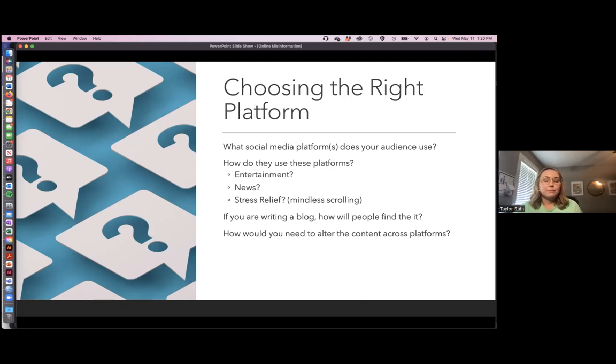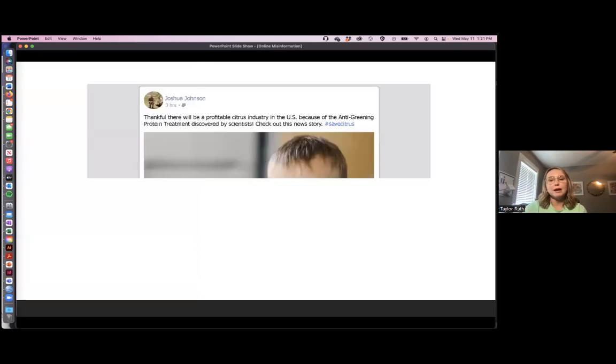Also thinking about Facebook. The Facebook pages can be a great place for citizen science activities. So if you're having people identify birds in a certain area, you can create a Facebook page for people to be on. But if you're wanting to share information broadly, then Twitter is probably going to be a better bet for you. So really being strategic about that platform choice and not just randomly choosing one and going with it. And you might have to tailor your message across the different platforms too.